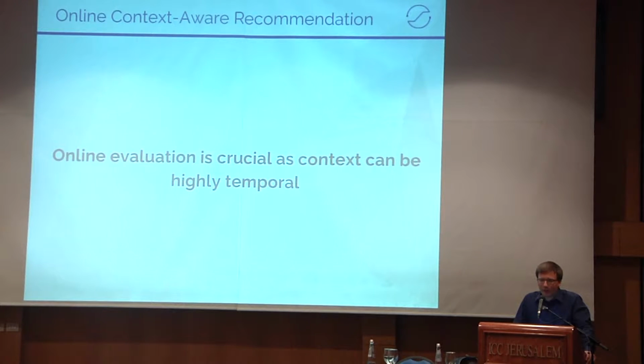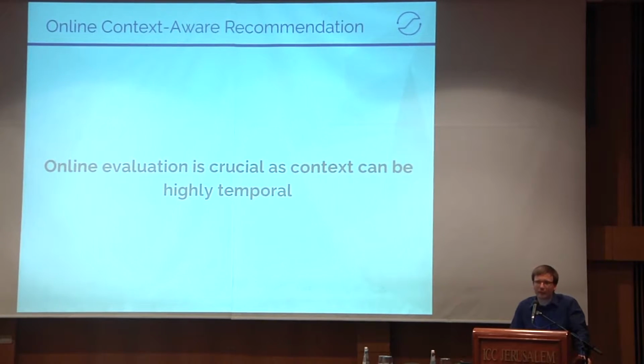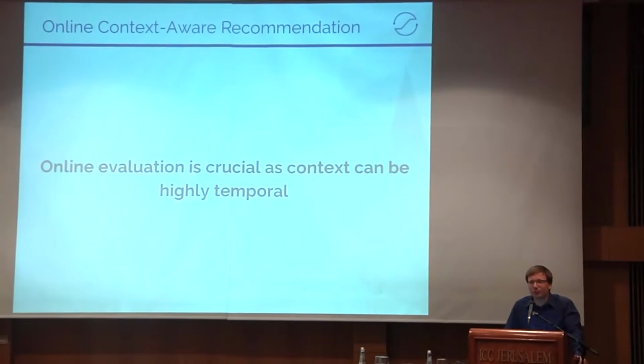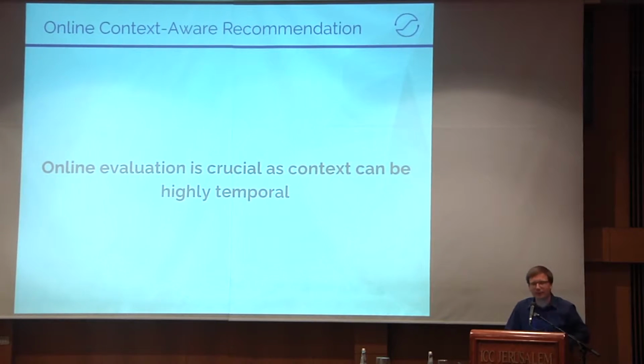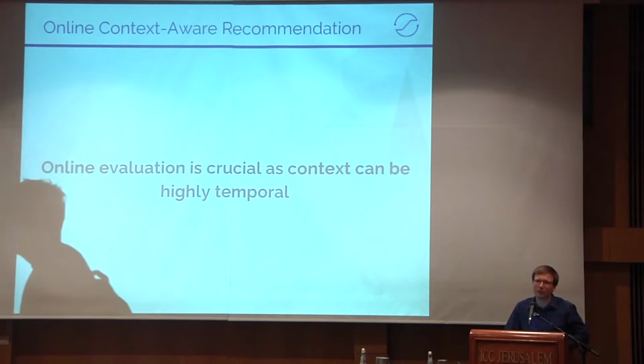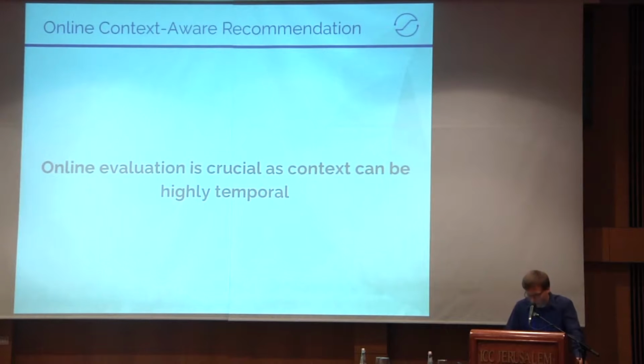This evaluation setting is very important for us because in the past we were doing context-aware, temporal context-aware recommendation. Anyone can understand that context can be highly temporal. There are two examples of that I'm going to show you in the upcoming slides. The first is social influence, the second is geolocation information. To be able to investigate these effects and how well they can be used in a recommender system to improve the quality of your recommended top list, you first need a temporal experimental setting, which I have just described for you.